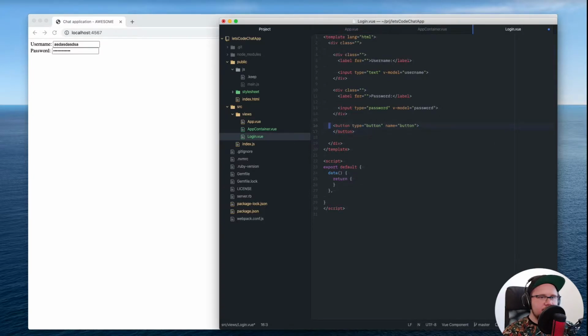Adding now a button to proceed to the login. So button login. We don't need this. What we need is a click. So add click is going to be the method called, the function called, the code that's going to run whenever the button is clicked. So perform login. I think I don't need the parentheses. And then I declare the